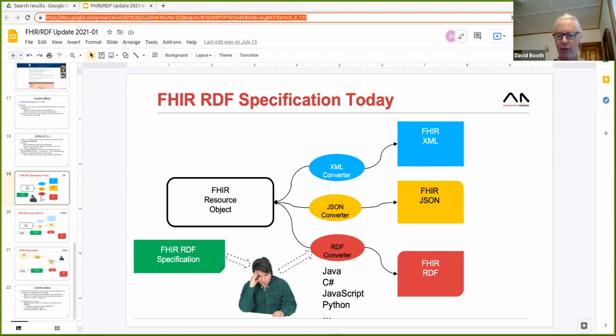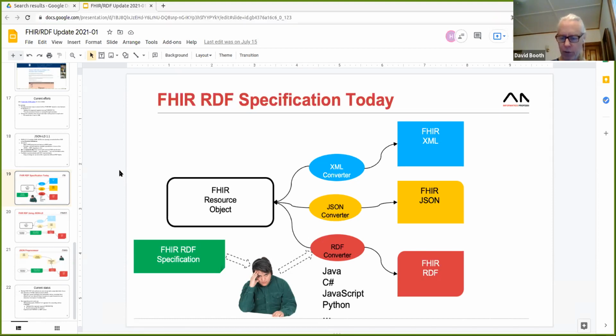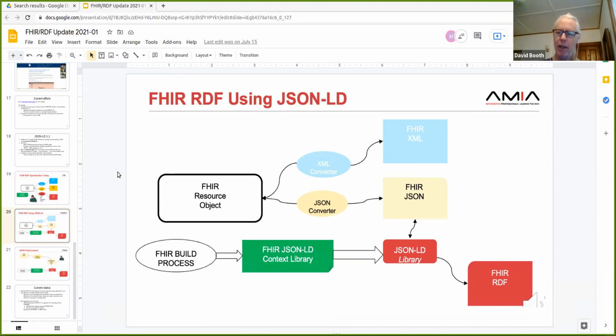digesting the specification and figuring out how to code a custom RDF converter or generator to go from the FHIR internal resource object, which is physically represented as a Java object, probably both in the HAPI server and also in the FHIR specification build process. But anyway, it's a manual process currently to write that RDF converter that knows how to produce and generate FHIR RDF. So what we want to do now is to enable a more automated means of doing this, such